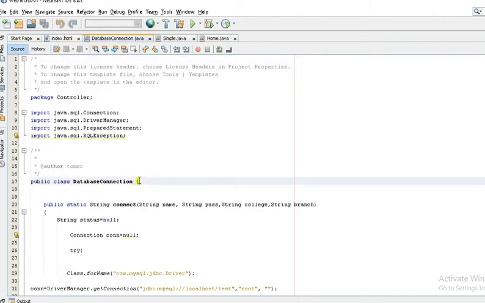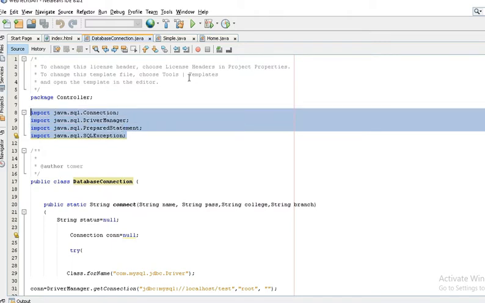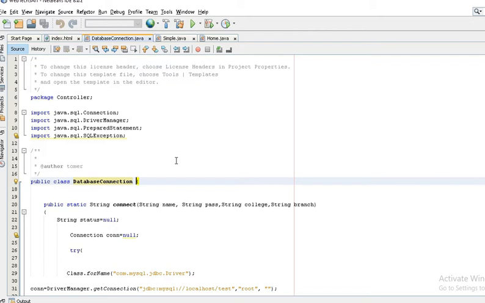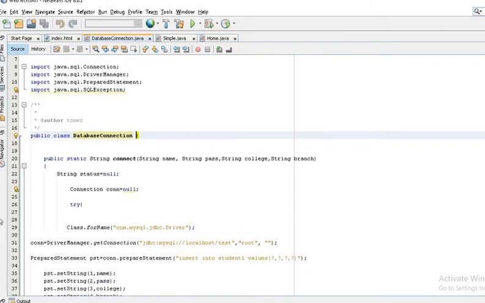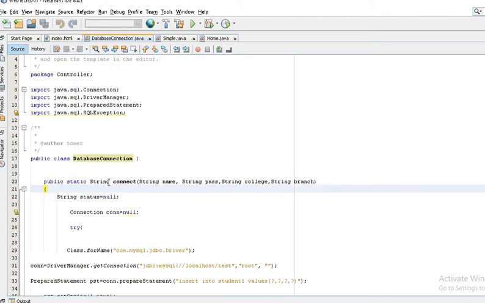This is my database connect class. I'm importing some needed package classes which are required to connect my web application to the database, right? So this is my connect method. It returns a string, and this is a static method.